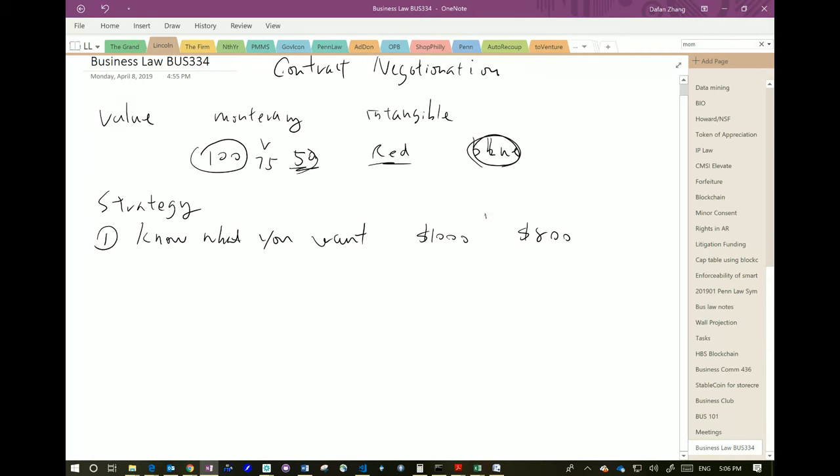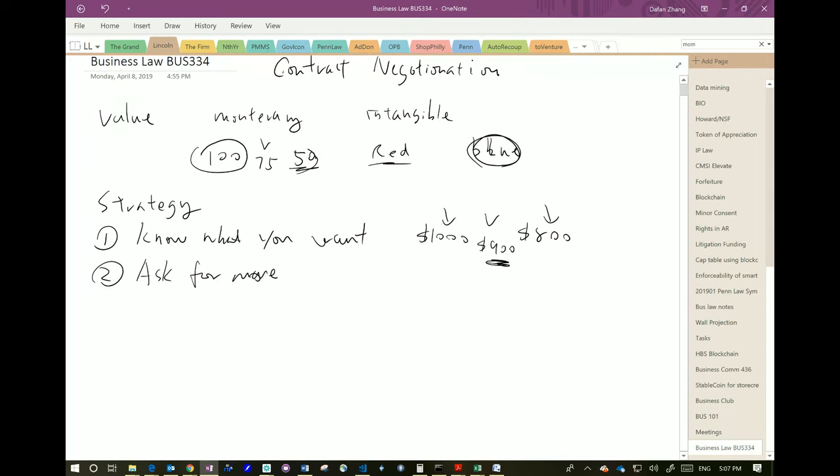You can of course say, well, okay, we'll meet in the middle, and the price is going to be 900, like I illustrated above. But is that really a good result? Is 900 really what you want? Whether 900 is a good result or not shouldn't depend on whether it's between the asking price and the counter offer price. It should be whether 900 is really the price you want to be at. Which then leads us to the second point, which is always ask for more